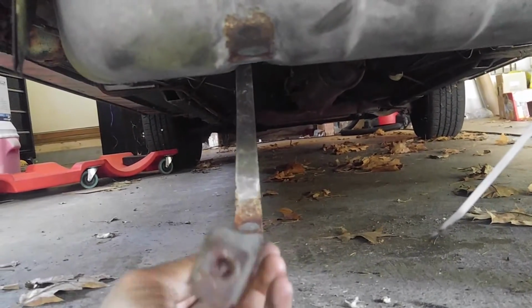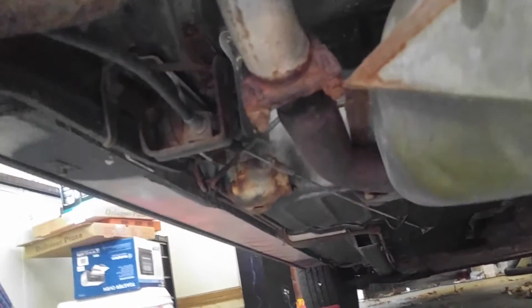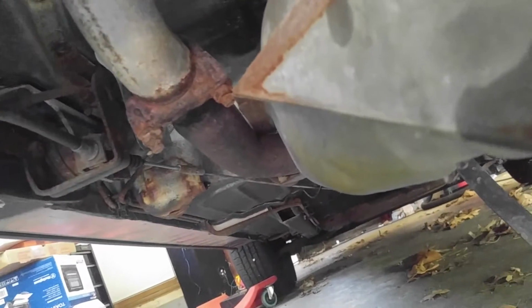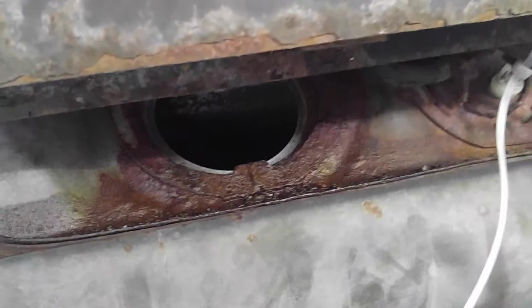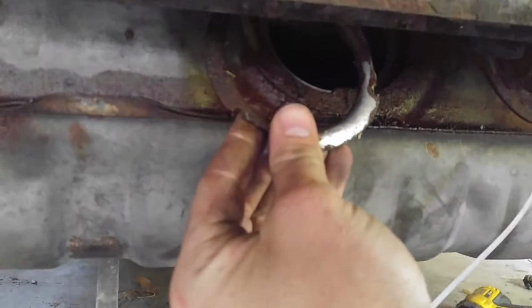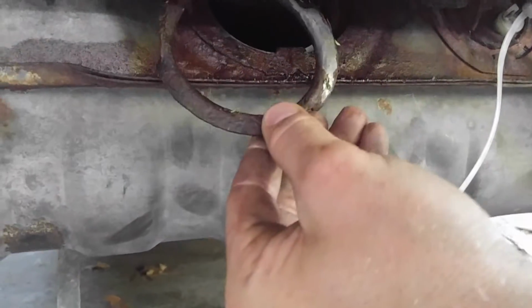I saw these bands here for the fuel tank. I'm pretty sure I could have done it without taking it off of there. If not, if you want to drop it down below where you need to, you're going to have to drop the exhaust over there. It's more work than I wanted to do, so I found a way to finagle it out without having to drop the whole tank. What you're going to see here when you get down here is this little ring right here goes right up into the hole. And it pretty much starts out, you know,